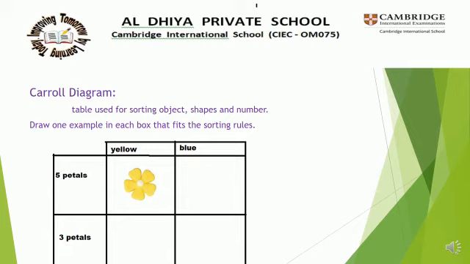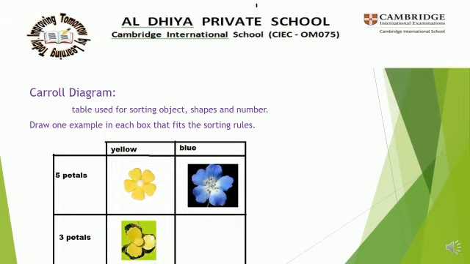The next box, what you have to draw? That is blue color flower with the 5 petals. Okay, see 1, 2, 3, 4, 5. 5 petals is there and the color of the flower is blue. And below to that they have written 3 petals. In the first box 3 petals, that should be in yellow color. See this flower. This is the flower with 3 petals, that is in yellow color.